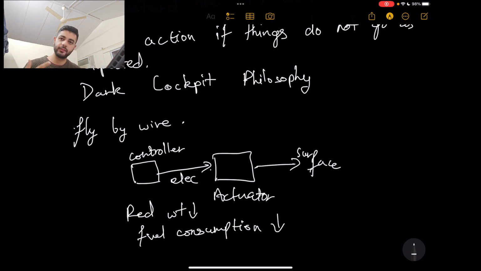Your maintenance of the aircraft has also been reduced, because you don't need to keep on changing these big mechanical linkages. Then you have increased accuracy, because the electrical signal will be much closer and more accurate to what you actually want, and then the actuator will know exactly how much pressure to push in, or how much to deflect the surface. And lastly you have improved redundancy,